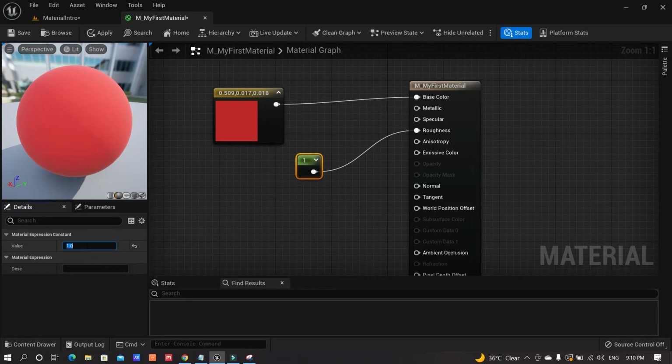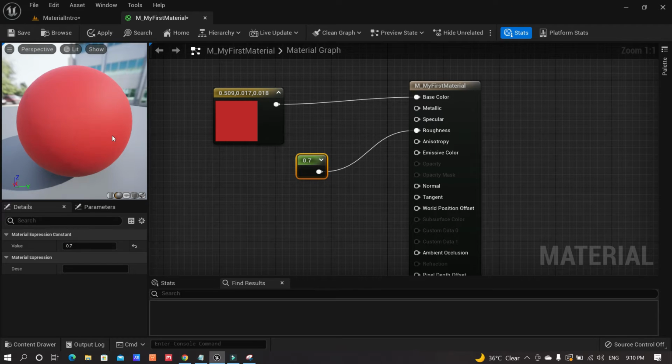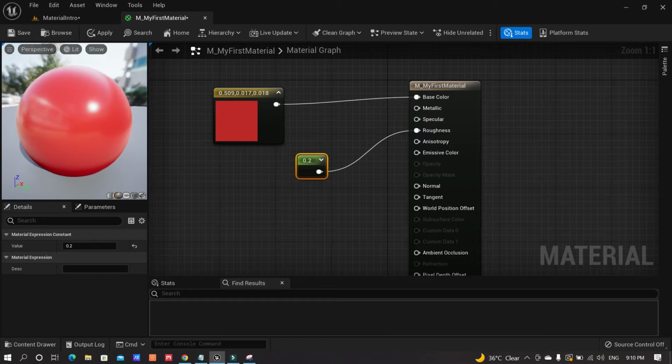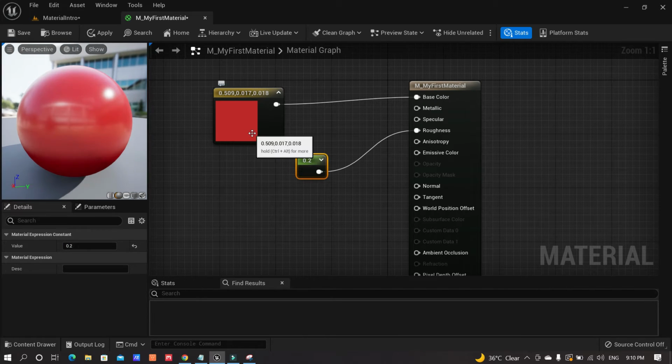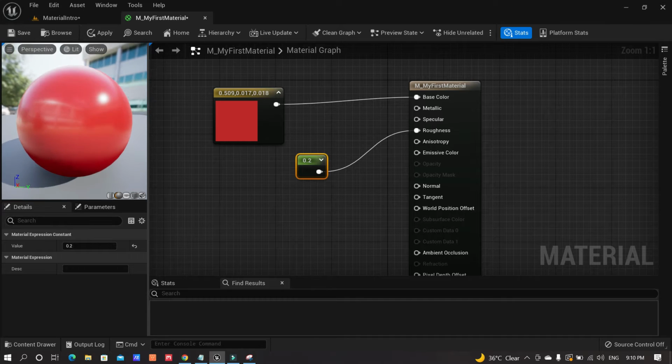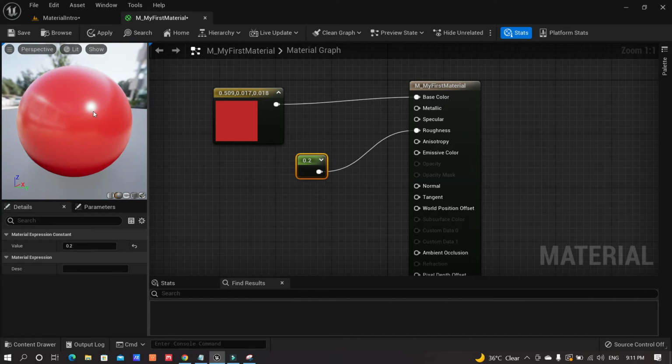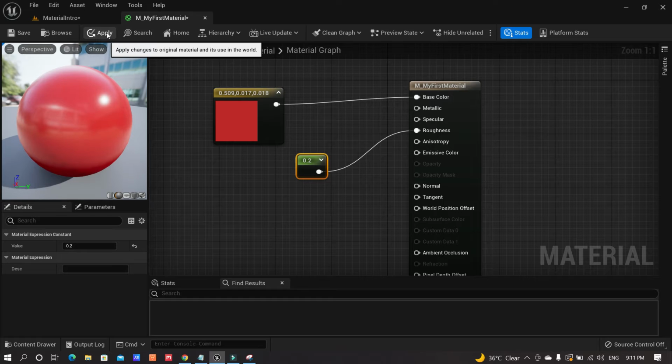So let's say we have 0, give it a 0.5 value just for the sake of it, or I think let's try to make it a little bit more, 0.7 let's say. So yeah, you have 0.7 value at the moment. I think it's on the bottom right actually in this set, 0.2. So 0.2 means that the roughness is going to decrease in this case. And once it is decreasing, you can start seeing that it is reflecting all around it. Click apply,